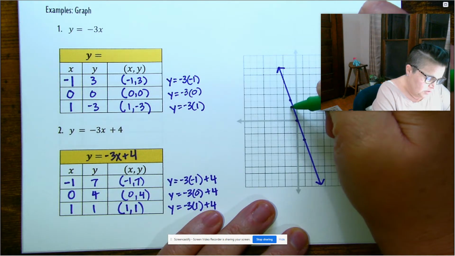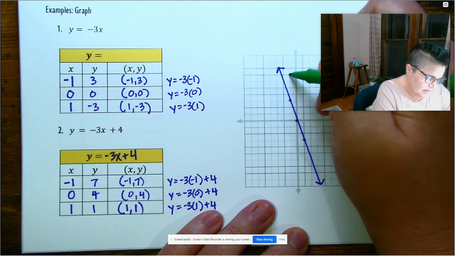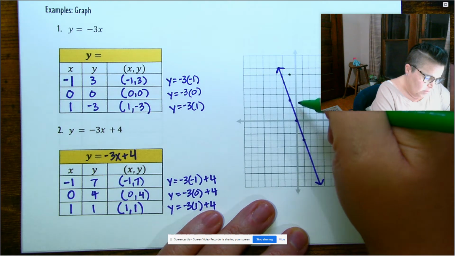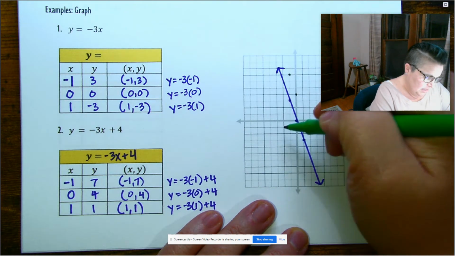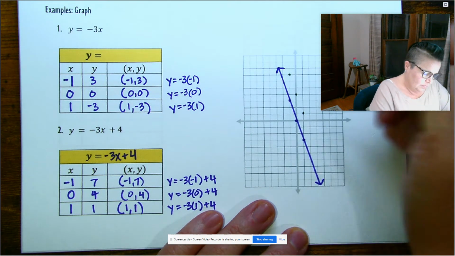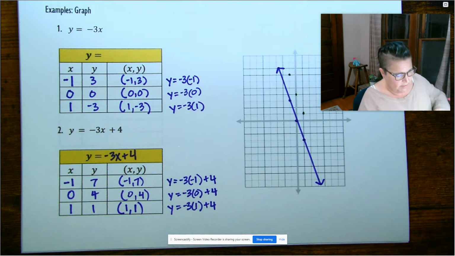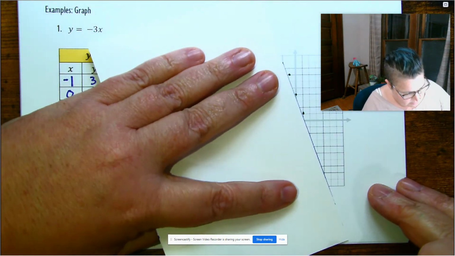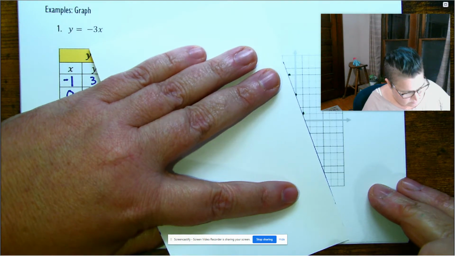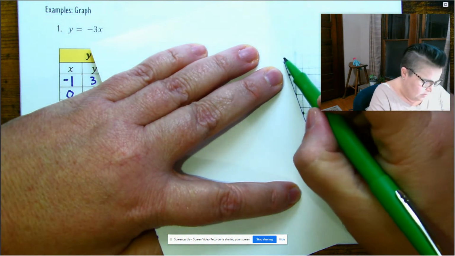Negative 1, 1, 2, 3, 4, 5, 6, 7. I have (0, 4) and I have (1, 1). So those are my 3 points on this green line. And when I put the line through them to draw a straight line,